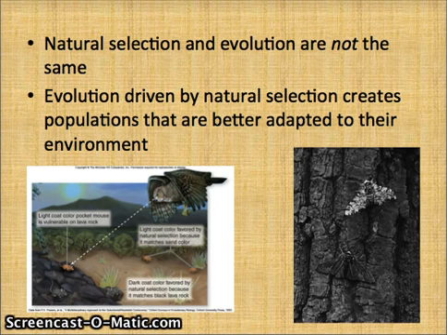As the trees got darker, the white moths stuck out more and more and more. More predators found them. For those that had the mutation for darker wings, they were able to hide. So over time, the white moths disappeared and the black moths took over. Again, you had a version of microevolution.